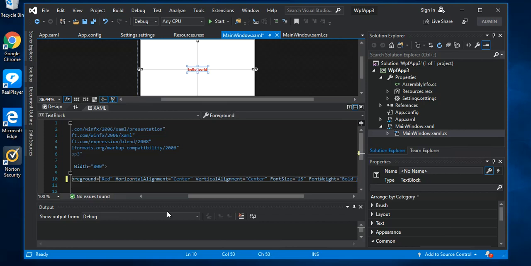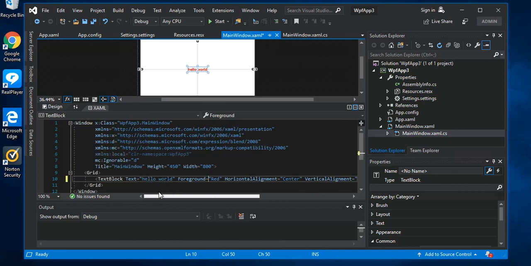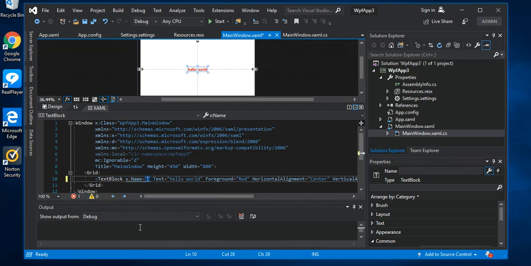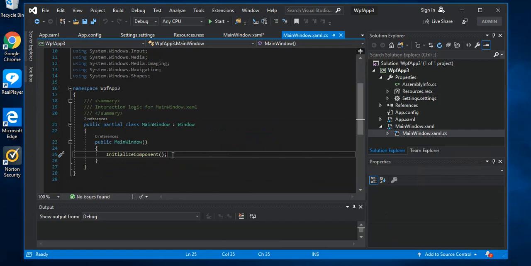So now what we can do is we can use this event, loaded. This will be triggered after all the components are loaded. So we can double tap to get the event created here. So inside this event, this is what we will do once the main window is loaded. You can call our time now here,